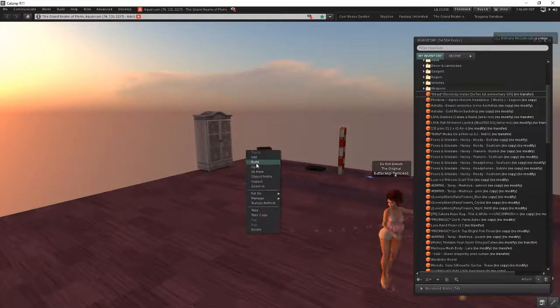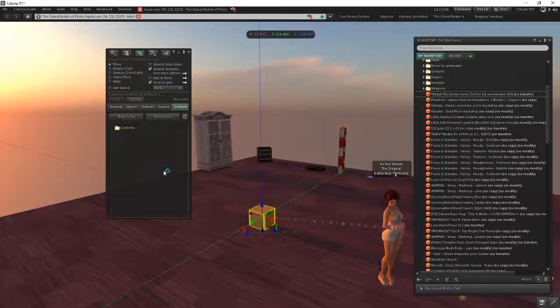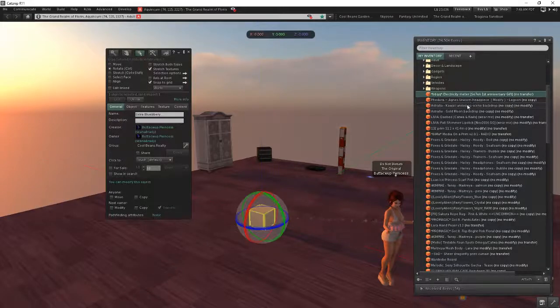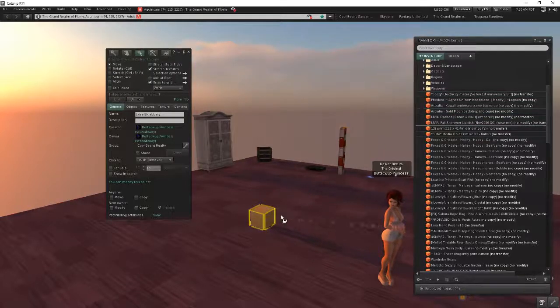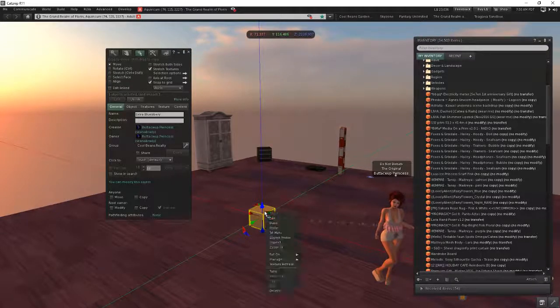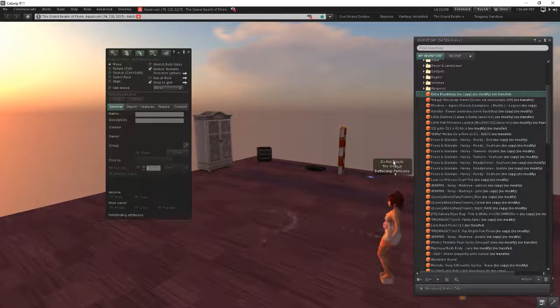You can just build yet another box, and you can call it Extra Blueberry or something like that, and then you can take all the different pieces from your inventory that you want to move, and you can just drag multiples into there, and you can store them all in that one box. And then you can take this one box back into your inventory,